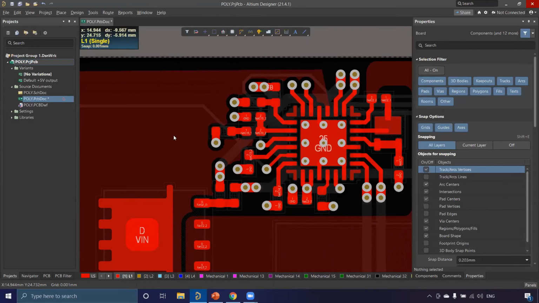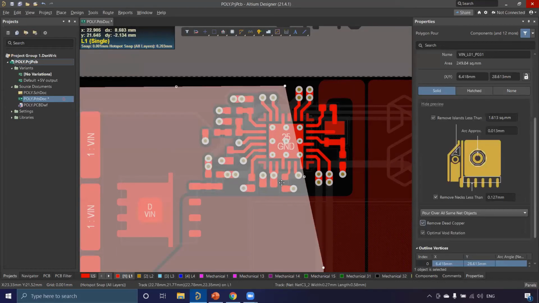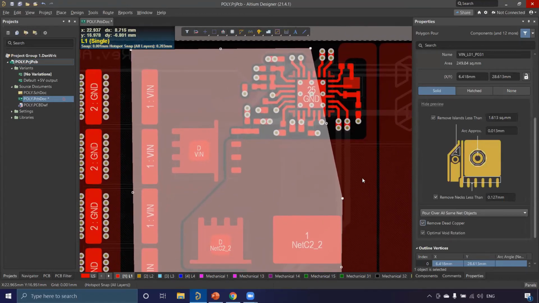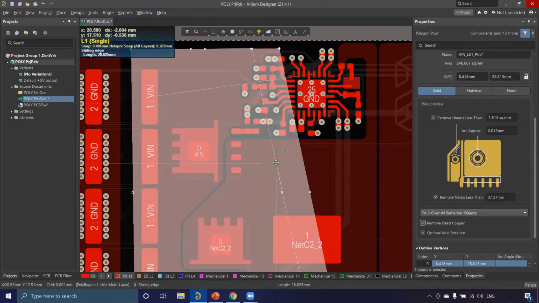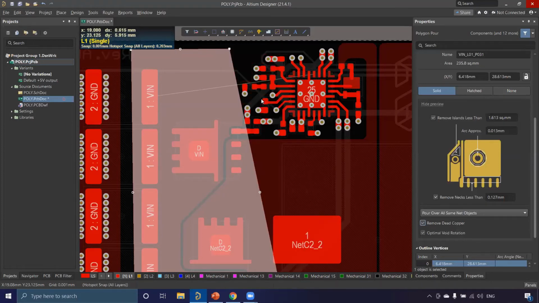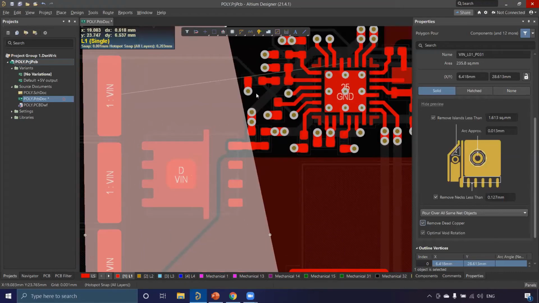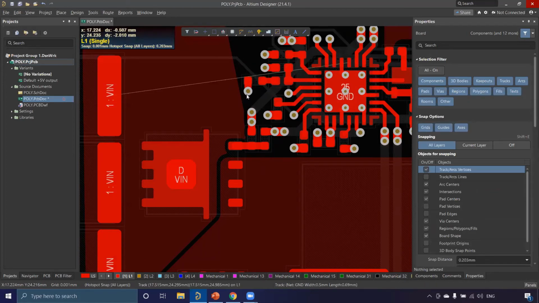If I want to remove it, I just select this and drag. I'm going to move this copper a little bit here. You can see I'm just moving it here. When I try to move, I don't see the peninsula area here. I just moved it. But please see here, once I moved it, I see my VIN is no more connected. So the net is not connected.